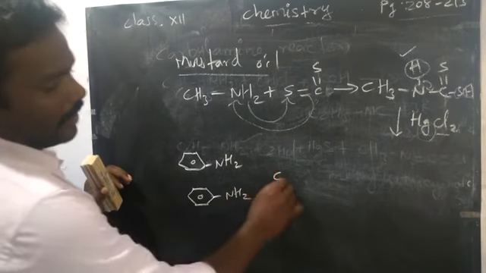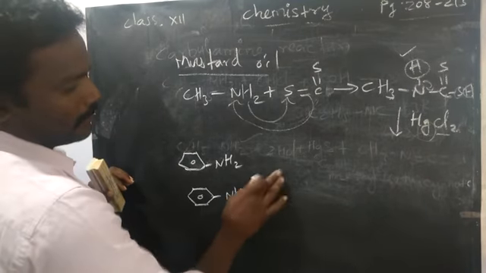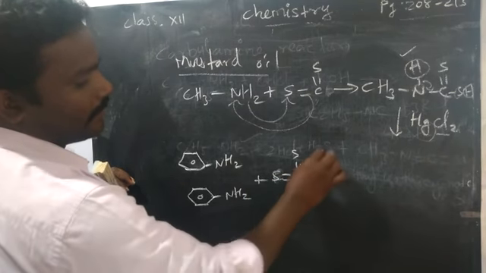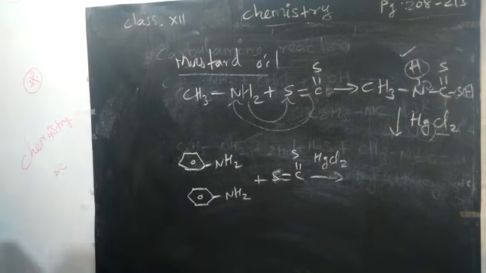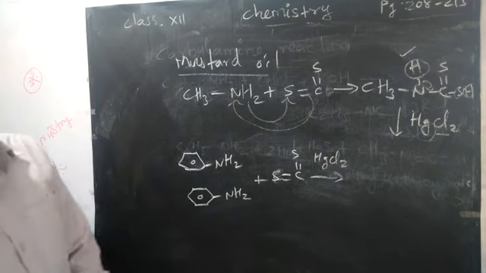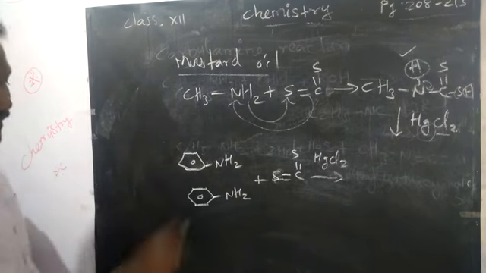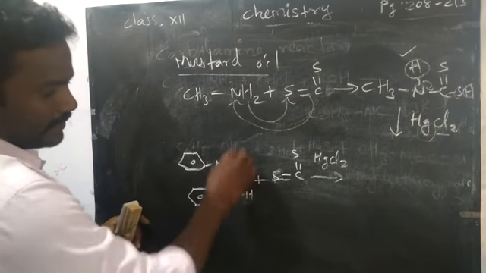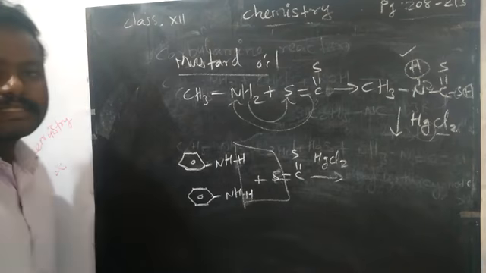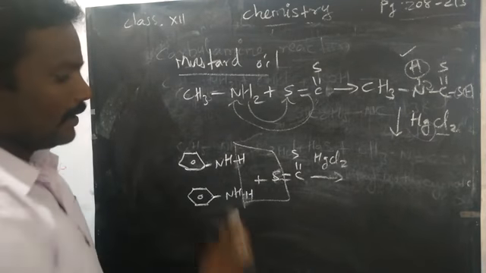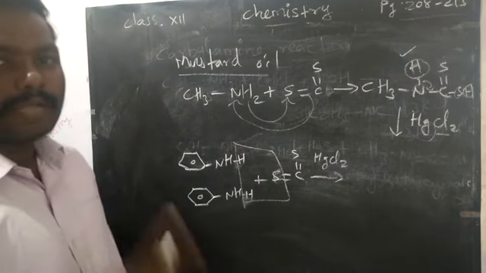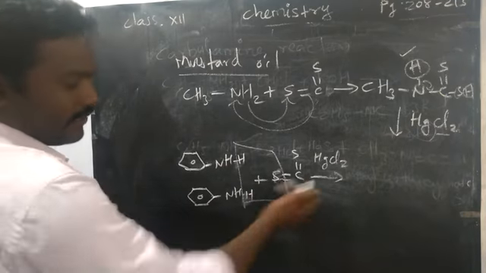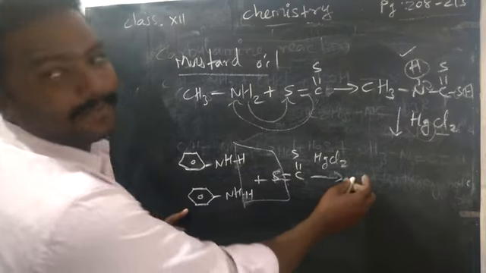Okay. Treated with carbon disulfide, S double bond C S, in the presence of mercury chloride. Here, it will connect with the hydrogens of both nitrogen. In this aniline, you can split this hydrogen. So remove the hydrogen sulfide gas, H2S gas. Now what happened? Each one hydrogen is removed. So you can connect this double bond, one with the first one, another with another one. You will get some complex compound.